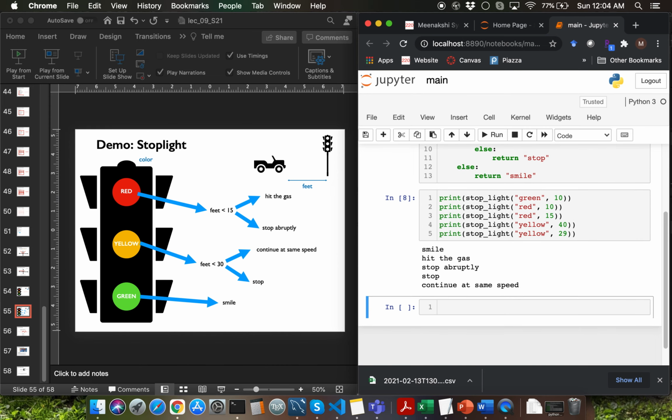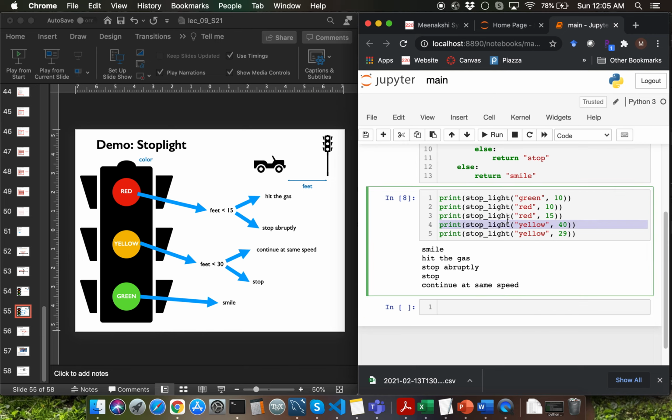Let's see if we are getting the correct output. For 40 we are getting stop. Looks like that seems to be the case because the distance of 40 is not less than 30. What would happen if the distance is 29? 29 is less than 30, so we are going to get continue at the same speed.